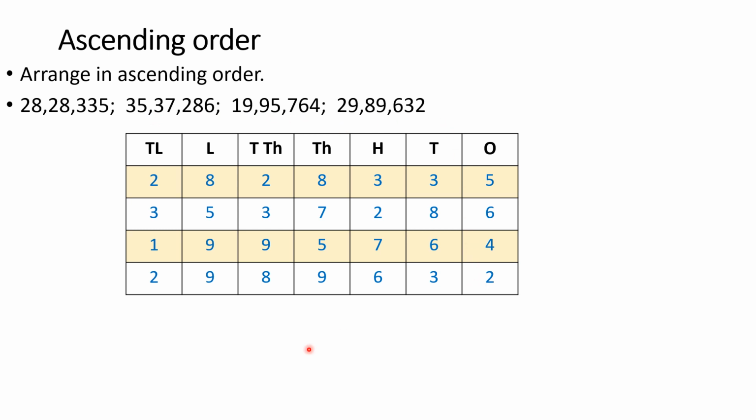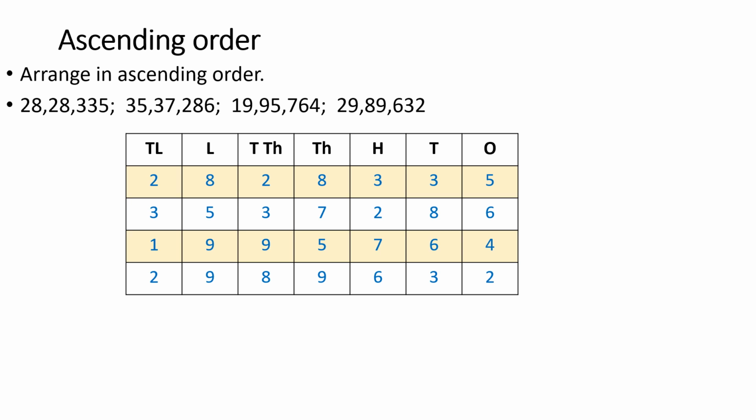Now understand how we will find out the ascending order of these numerals. Ascending means, we already know, it means smallest to largest. So at first we have to find out the smallest one. So how we will do it? Just see here. Always we will start from here. As you know that there are 7 digits in all the numerals, so we can't judge according to the number of digit in a numeral. So we will now identify from the places.